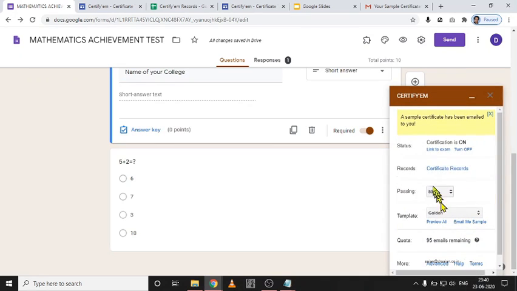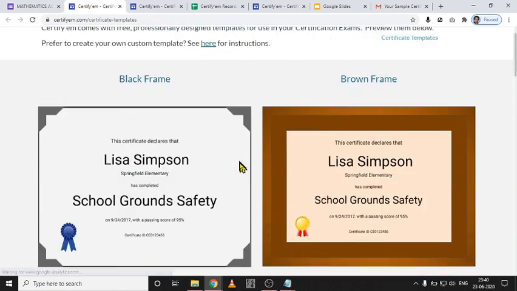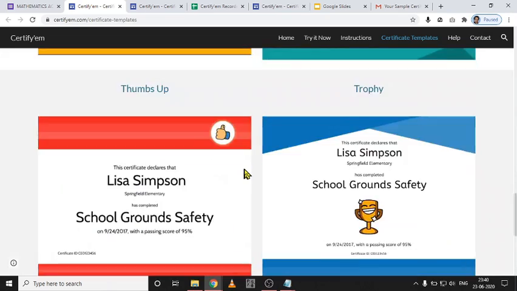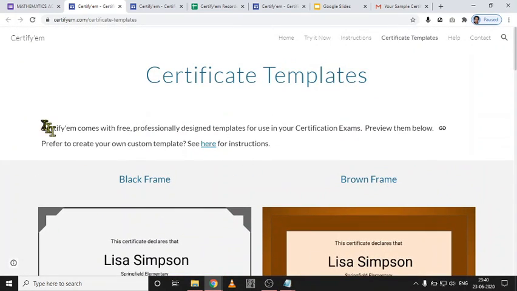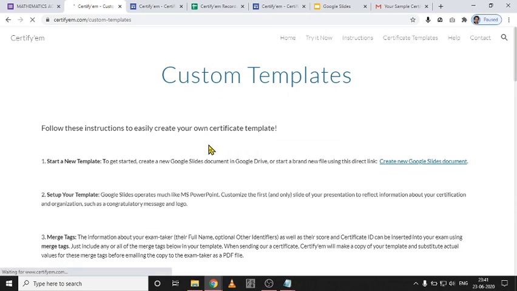Okay, now I will explain how to create a custom certificate. For that I have to go here, preview all, clicking on preview all, and it will open a new tab. Here certificate templates are previewed, but in the top area there is a message: prefer to create your own custom certificate, click here for instructions. And these instructions are